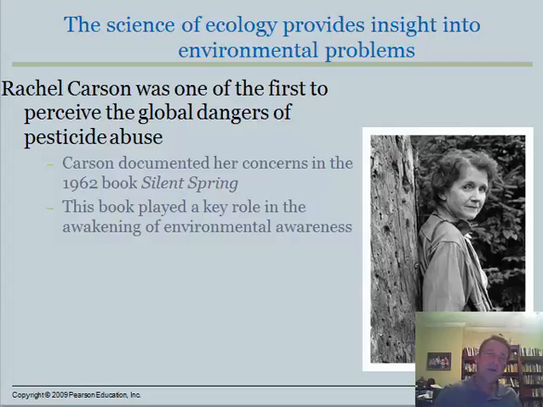But the problem was, it would rain, wash off of the crop, and get into the streams and kill other things that were not pest specific. And it would make its way through the food chain and kill other animals up the food chain as well. So DDT was banned after this.